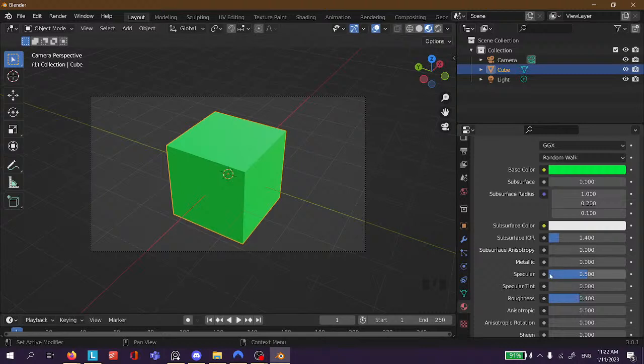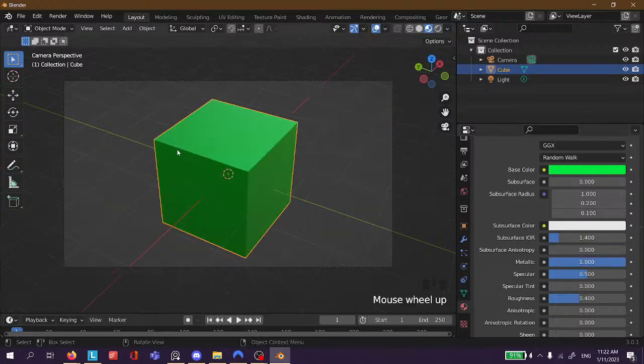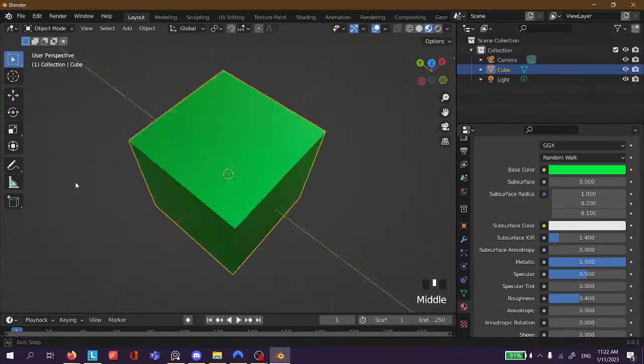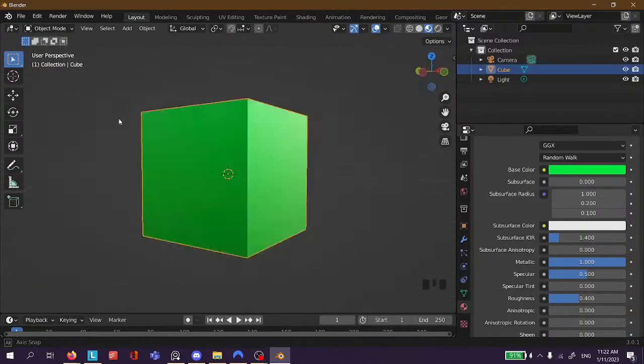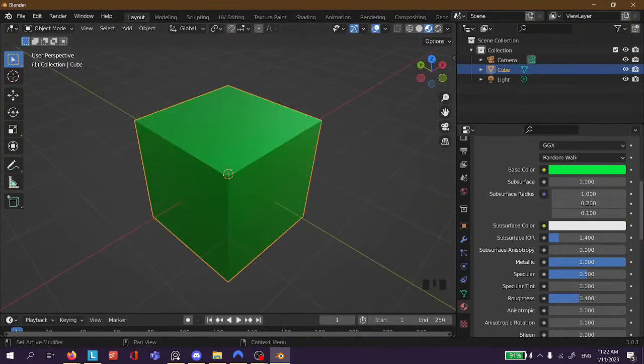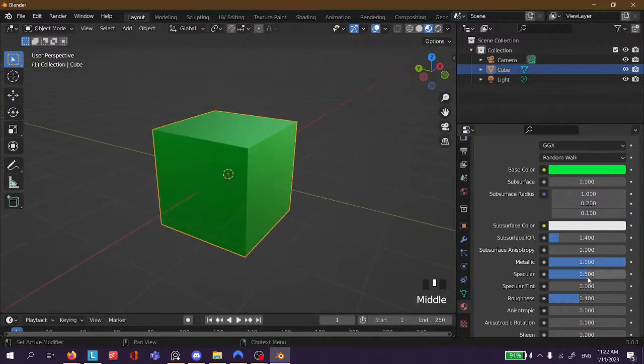Surface and isotropic. Okay, so this right here is the metallic property. So usually we'd keep it at either 0 or 1, and it makes the object look metallic. And then this is specular. So specular controls how much light is reflected off a material,